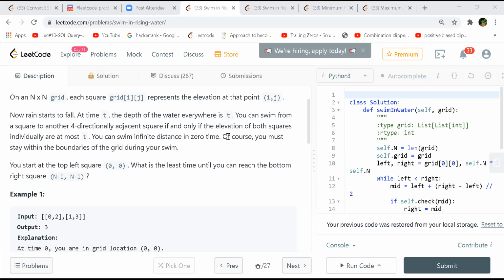You keep increasing your level from the new cell you have acquired. Whenever you acquire a new cell and you are filling your pit with rainwater, you keep counting that number of units of time and keep it somewhere, so it might be a max always, and at any point you reach the end.